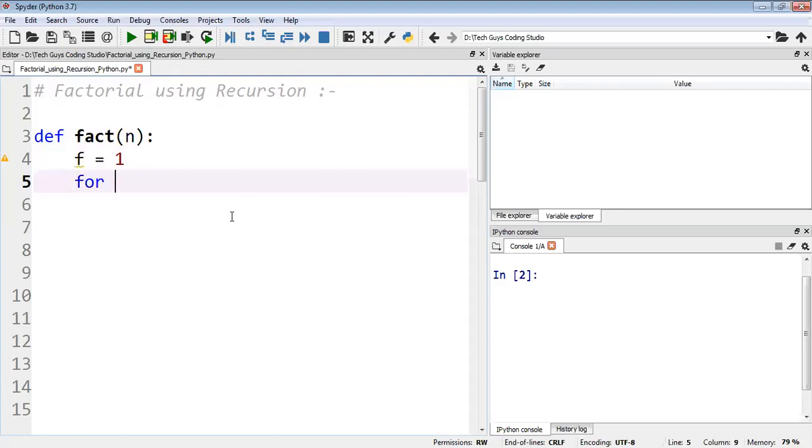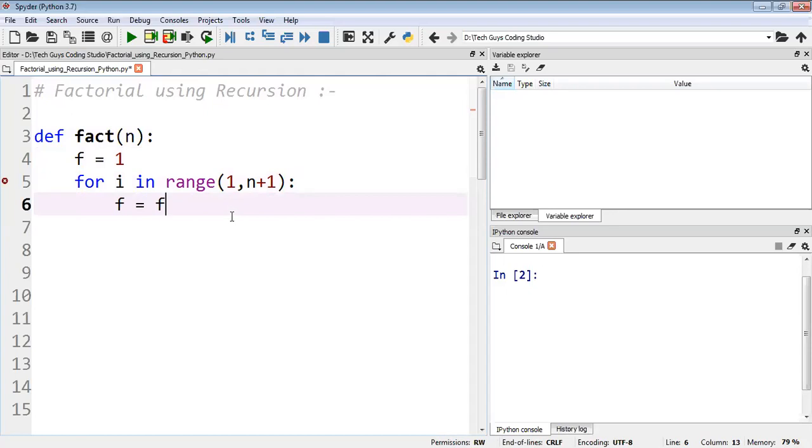Then we will take a for loop, for i in range from 1 comma n plus 1. Then we will write f equal to f times i. Then we will return f.